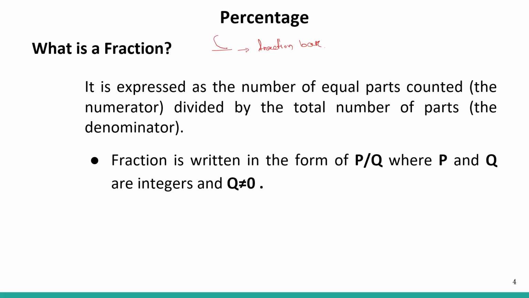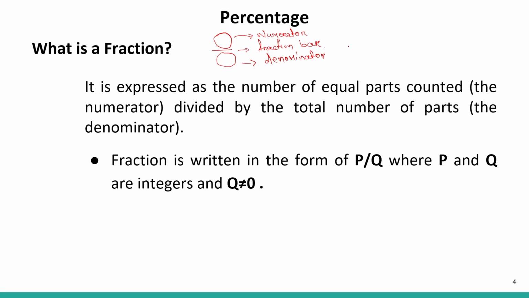And there comes a number. There is a gap which needs to be filled by a number. This is called the numerator. This is called the denominator. So a number needs to be filled here and a number needs to be filled here. A question must be appearing in your head: what kind of number, and where does it come from?